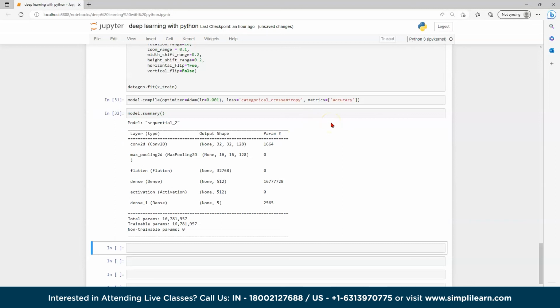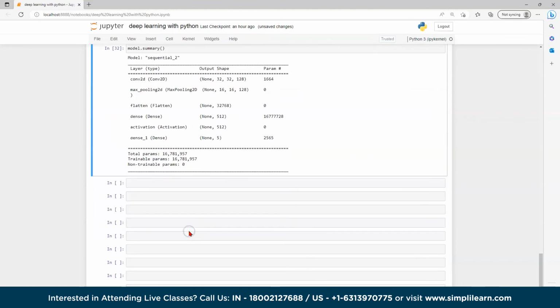So as you can see here, the layer types like Conv2D or MaxPooling2D. The output shape is 32, 32, 128 and the parameters given are 1664. Flatten is again a layer, dense is again a layer. Okay, so this is the total parameters, and the trainable parameters are this. Okay,